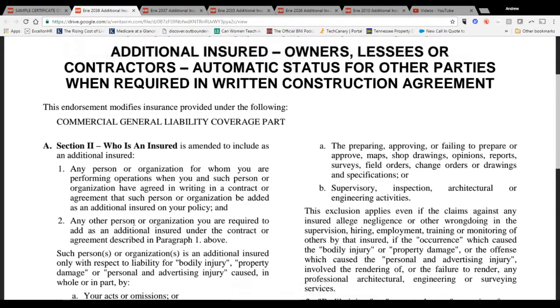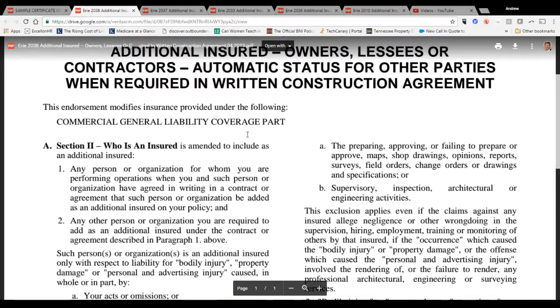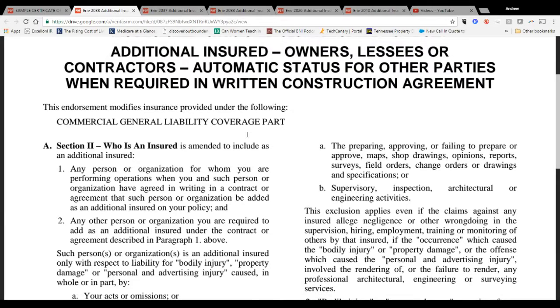Okay. The other reason we like this is it doesn't limit it to a certain job site or to a specific job. It's whatever your contract is in writing. So for each contract, if you do a lot of work with someone, for each job that they do, each contract that you have, it's automatic. There's no paperwork. You know nothing's going to slip through the cracks.